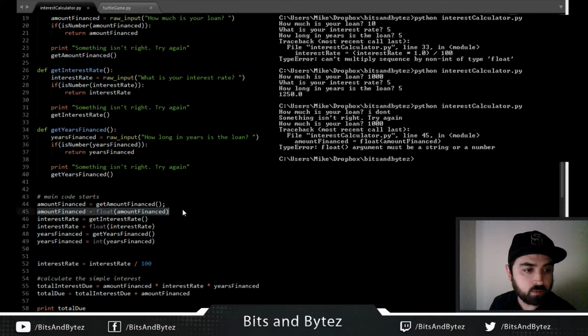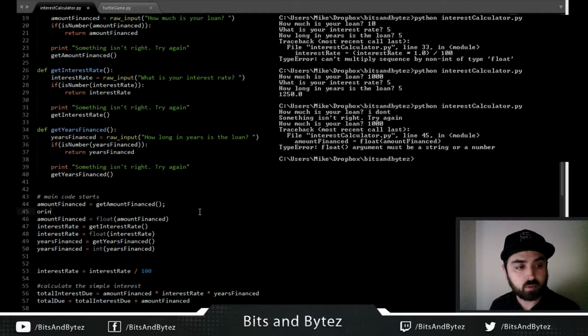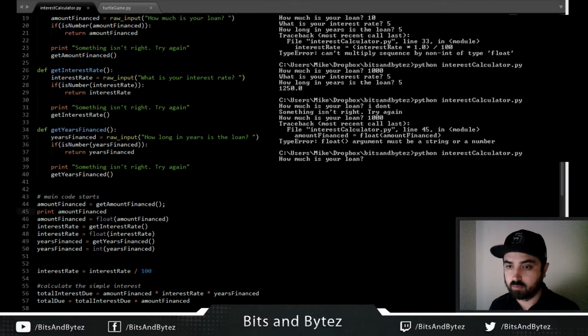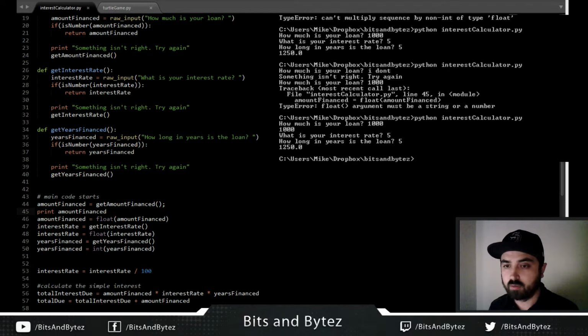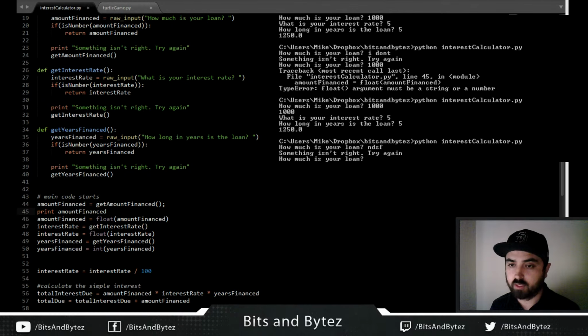Amount financed. String or a number. That's weird. I'm gonna print it before the error to see what the number is. Weird. Okay, so if I do text first to error,